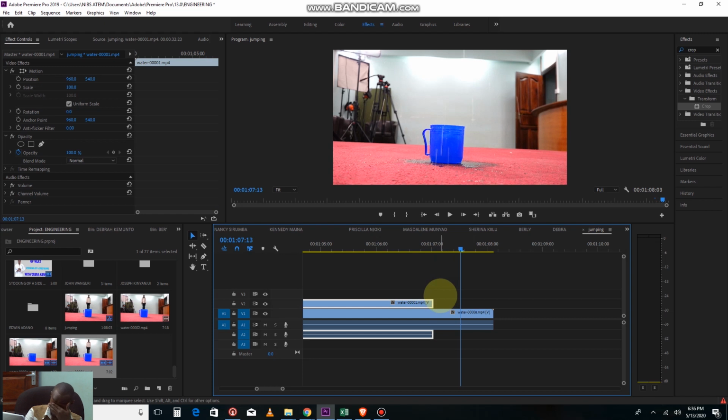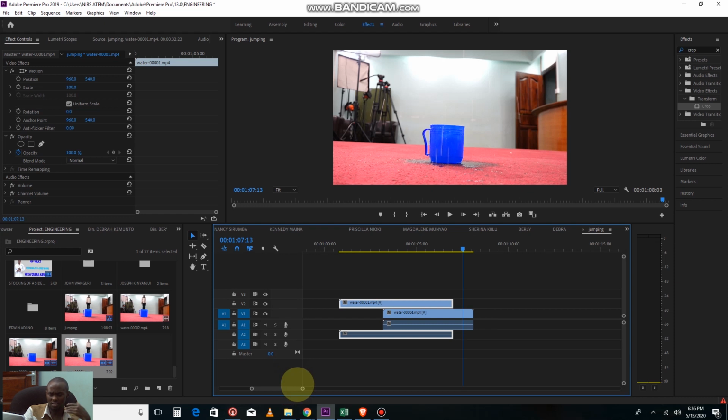Now at that point, because I don't want to be seen, I have two ways. I can decide to either mask my video. Masking is where you take the pen tool from the opacity option. From the opacity side, you just take the pen tool, draw around the subject, then move and create some keyframes. If you don't want to use that way, you can just decide to crop, which I have decided to do first at this point. And if you are keen, you will discover at this point if I want to just crop my subject,